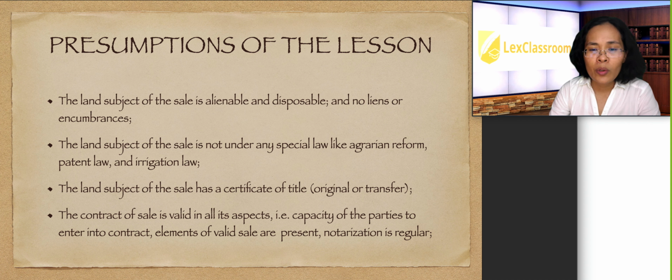And you have to remember also that there's no lien or encumbrance, or there's no mortgage attached to the property. And you also have to know that the title of this is not a patent or based on a patent, and it is not under agrarian reform and even under irrigation law, because the requirements needed for transfer would vary, and there are legal limitations. For example, a patent, there's a type in which if a patent is granted, there's no disposal allowed within 5 years from the grant. So you have to take note of all of these.